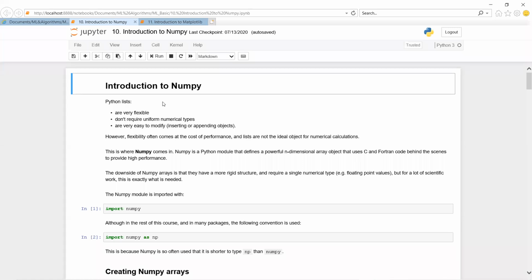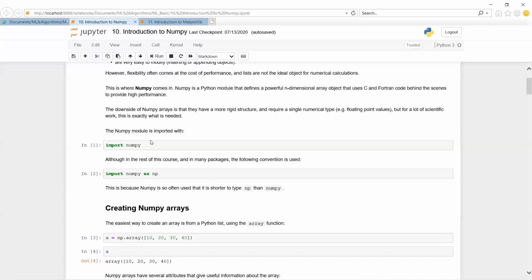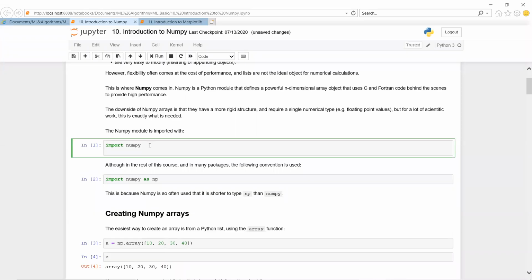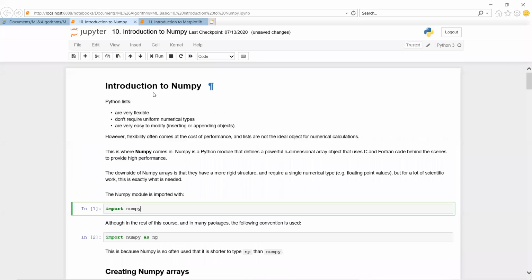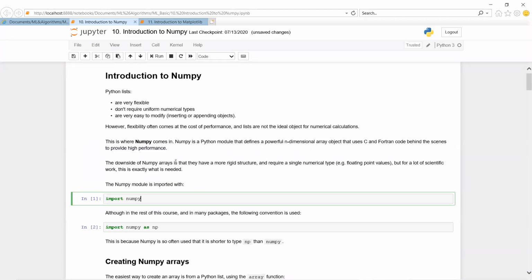Here we are going to execute cell by cell, whereas in IDLE it executes line by line. In a Jupyter notebook we work cell by cell, and in one cell itself we can type any number of lines. Here it is the introduction to NumPy. You know this one already.